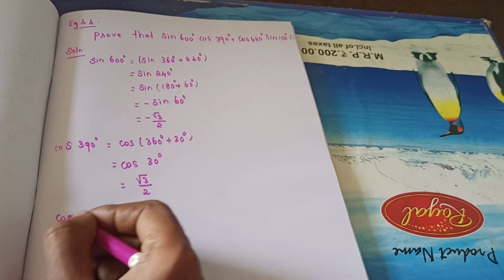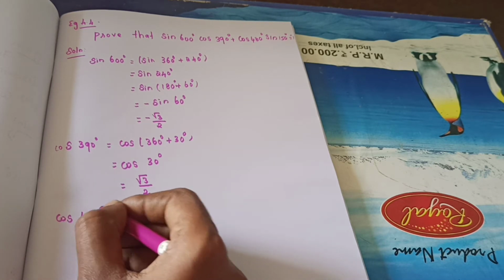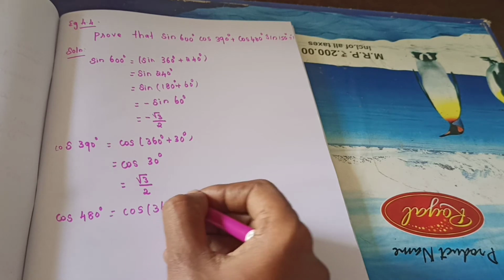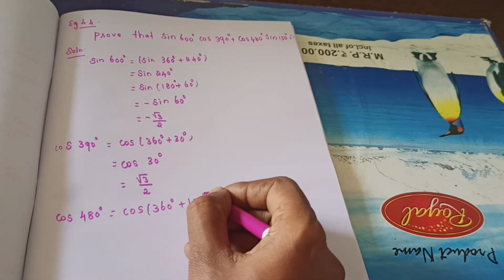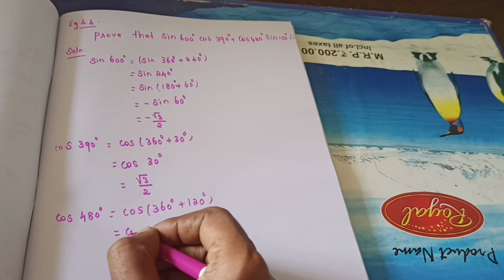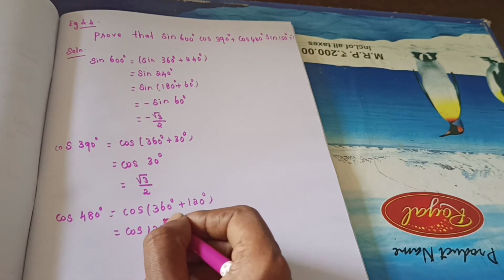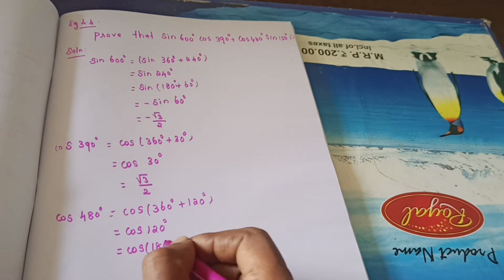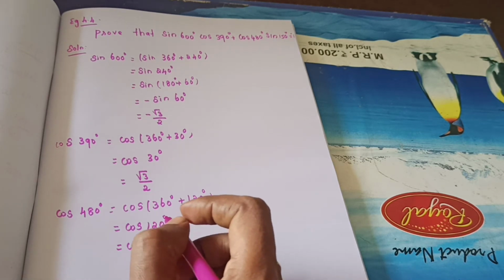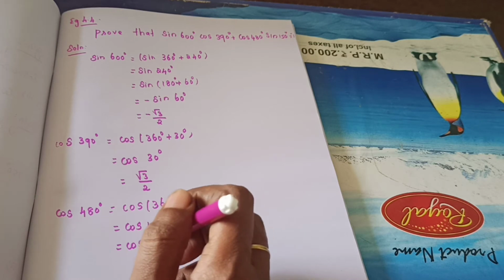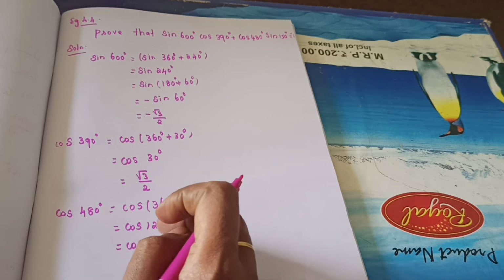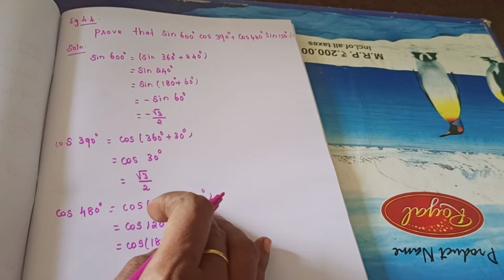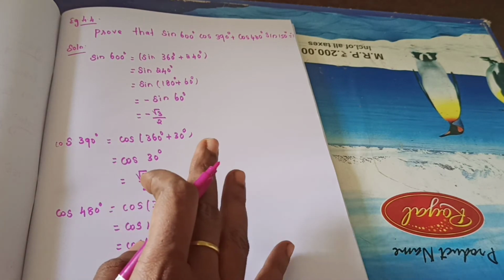Cos of 480 degree. So how will you write this 480 degree? Cos of 360 degree plus 120. Cos of 360 plus theta means cos theta. So again you need to split this. Why ma'am? This 120 degree we can't write as 90 plus theta? If you are taking 90 plus theta, that is also correct. The same answer you will get. That is 90 plus 30 degree you will apply. So that is also correct, this is also correct.